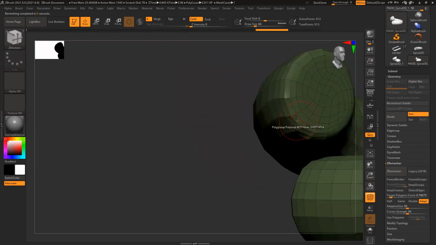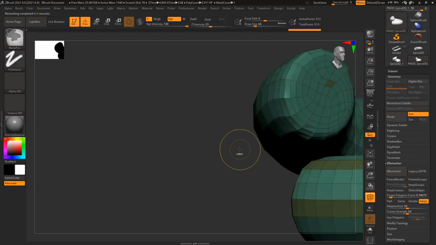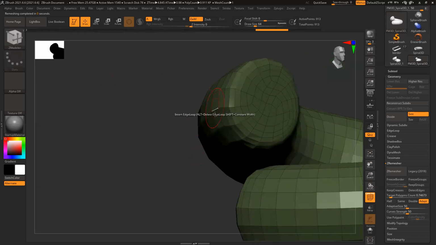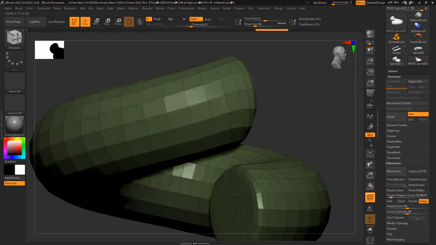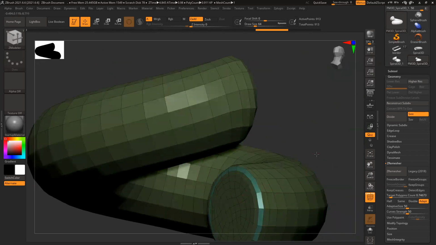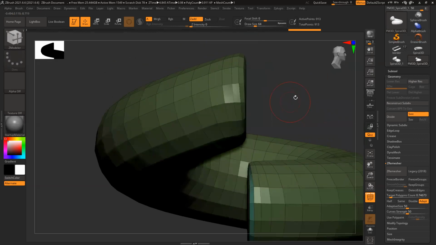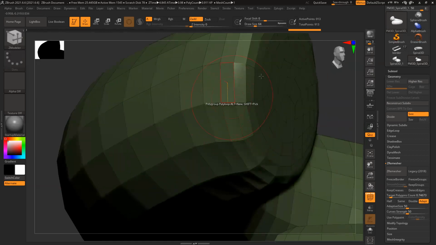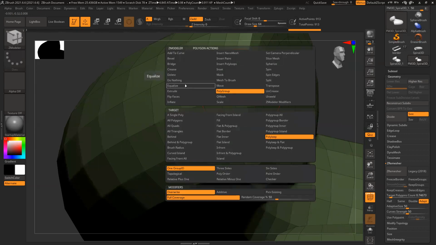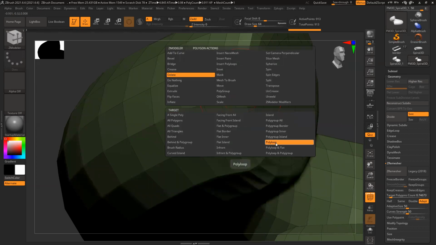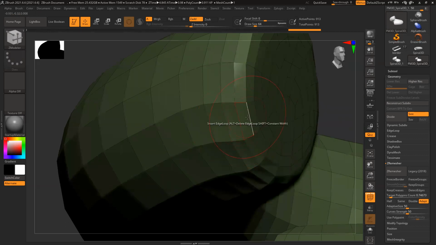Still the same. So better I'll delete. This is fine, perfectly fine. So better if I delete a few polygons, delete, no polyloop, single poly.